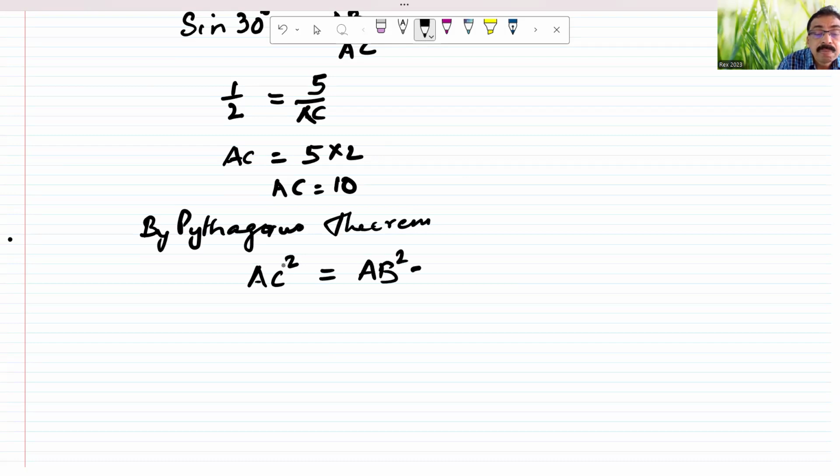So AB squared plus BC squared. We just found out AC is 10, so AC squared is 10 squared. AB was given in the question as 5, so 5 squared plus BC squared,